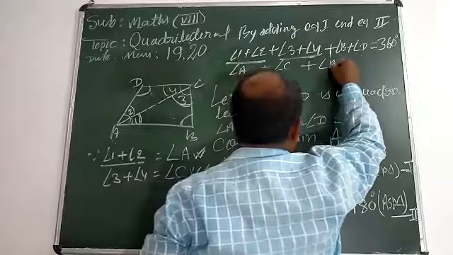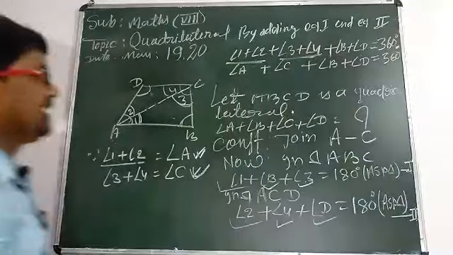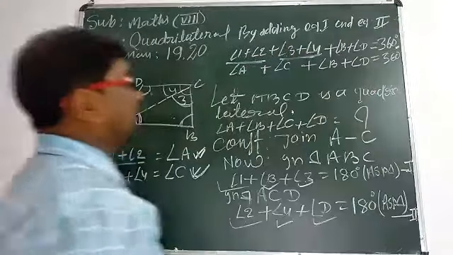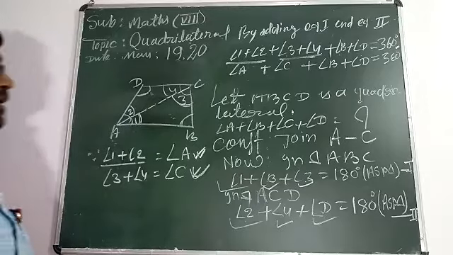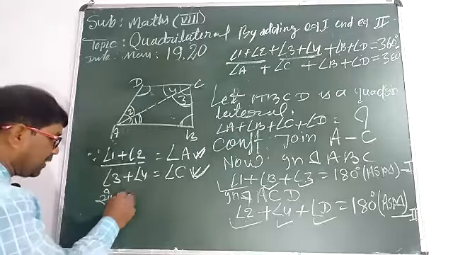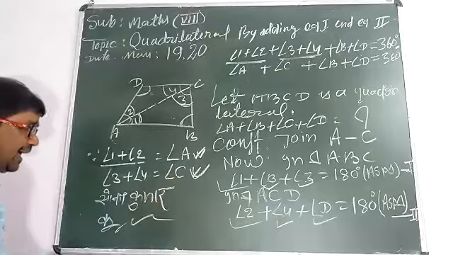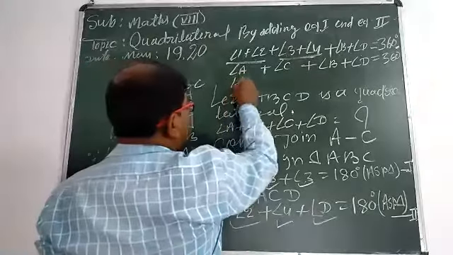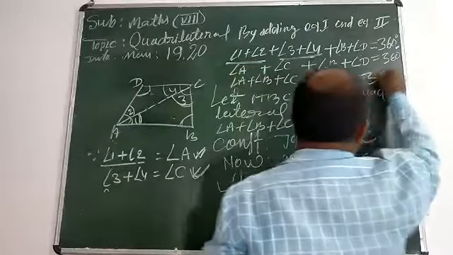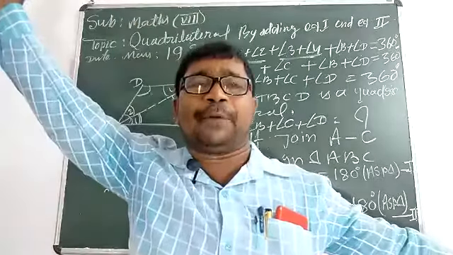B is B and D is D, equal to 360 degrees. Now angle A plus angle C plus angle B plus angle D equal to 360 degrees. We should not write in the wrong order; if your name is Sonam Kumar, you should not write Kumar Sonam. Adjusting, angle A plus angle B plus angle C plus angle D equal to 360 degrees. Hip hip hooray, we have solved our problem.